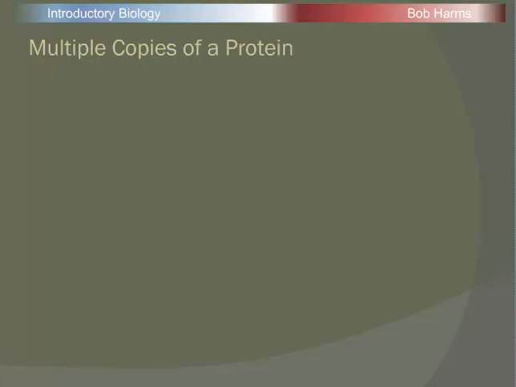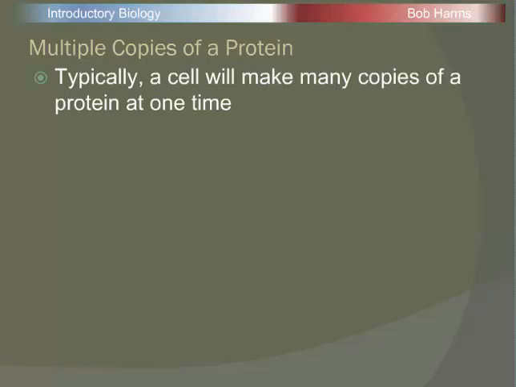Typically, when a cell needs a protein, it doesn't just need one molecule of that protein, but several copies of that particular protein. And as you might guess, this whole protein building process is very expensive in terms of energy and nutrients for a cell. And so what a cell will typically do is make a messenger RNA copy of a gene through transcription, process that messenger RNA, and then that single piece of messenger RNA will make many copies of proteins using